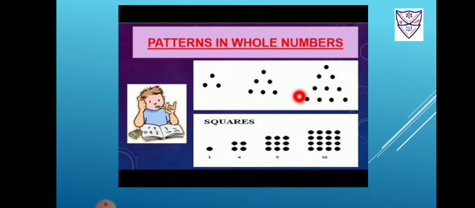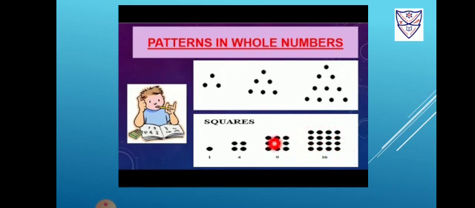Now here also, students, you can see which shape? Triangle. How many dots are there? 10. 1, 2, 3, 4, 5, 6, 7, 8, 9 and 10. So 10 dots are used and a triangle is made. Below that there are dots only, but which shape is this? Square. So using 1 dot, this is 1. Using 4 dots, a square is formed. Using 9 dots, again a square is formed. And using 16 dots, again a square is formed.